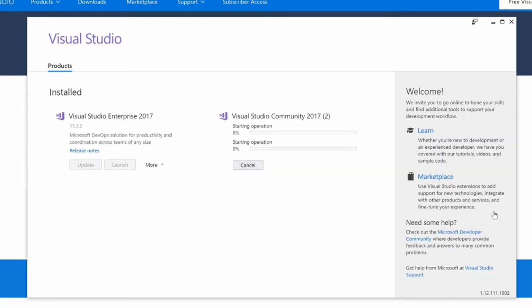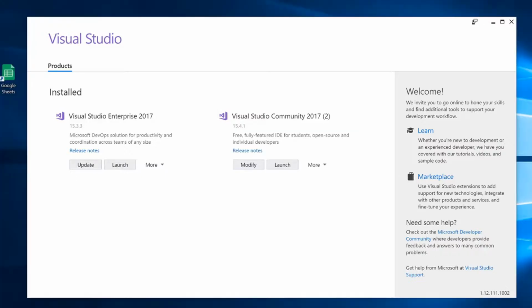So now I'm going to click install. You can see that the process has begun. It's installing it right here, and I'll be back when it's finished with the installation. All right, so the installation has finished, took a couple minutes,